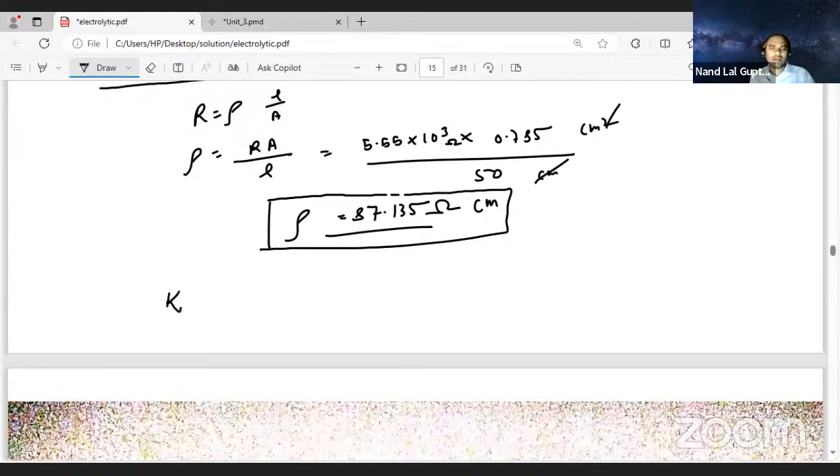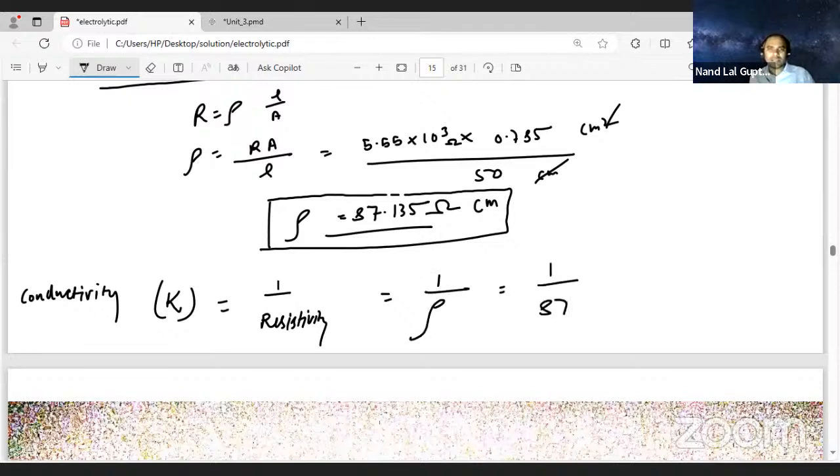Just now we defined the conductivity. So conductivity, K, is equal to 1 upon resistivity, which is rho. So 1 upon what will be there? 87.135. You can divide this. And if you want to write the unit, this is ohm inverse centimeter inverse. No, ohm is ohm centimeter. This is already there, so you can divide 1 upon